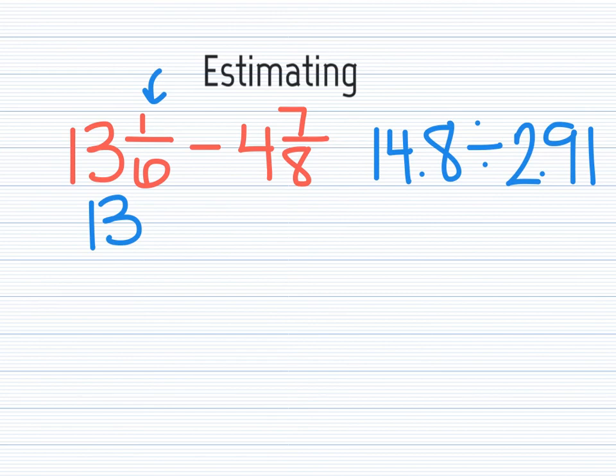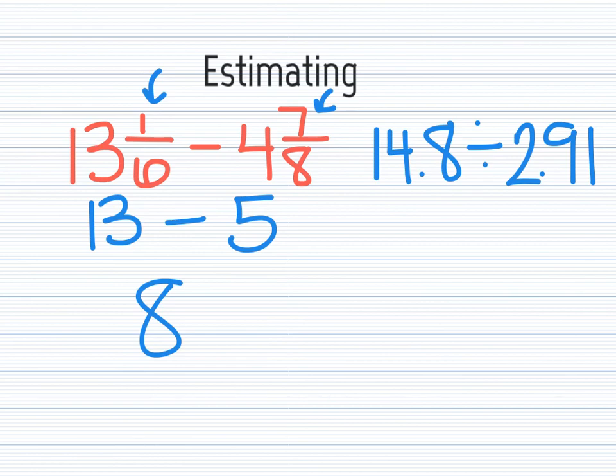And then if I look at this fraction right here, 7/8 is almost the whole thing. So if I added that to 4, I would say that that's really close to 5. And I can subtract 13 minus 5 and get a total of 8. It's easy. If you look at the next one,